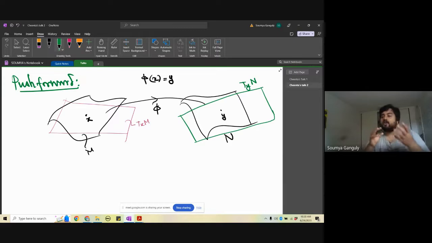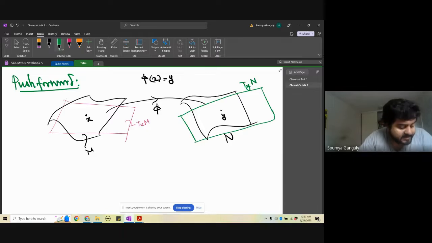This is really the first order approximation. You can think of the tangent space as the first order approximation of the manifold. Suppose you have this sphere, a two-dimensional manifold, right? So locally it looks like R2, which is the two-dimensional plane. So the two-dimensional plane is really the first order approximation of the sphere at a point. So similarly, if you want to approximate the function phi between two manifolds, the first order approximation would come as a map between the tangent spaces.